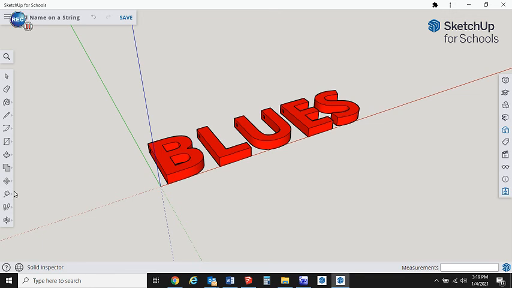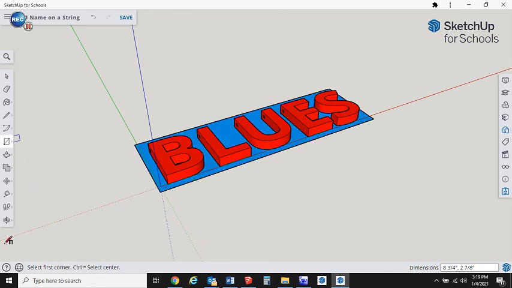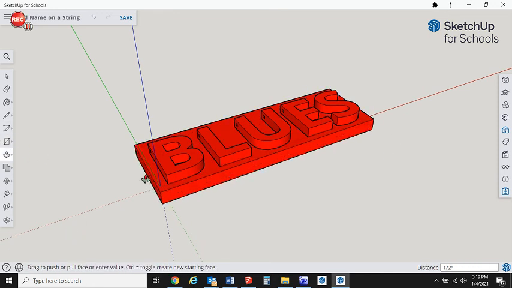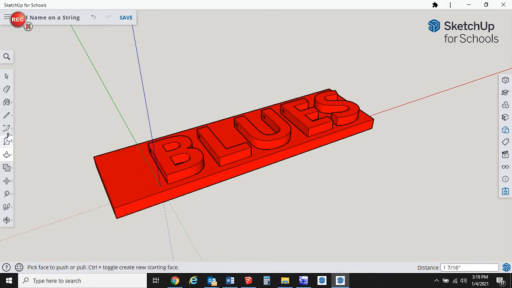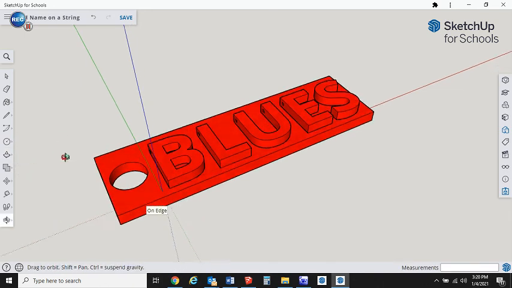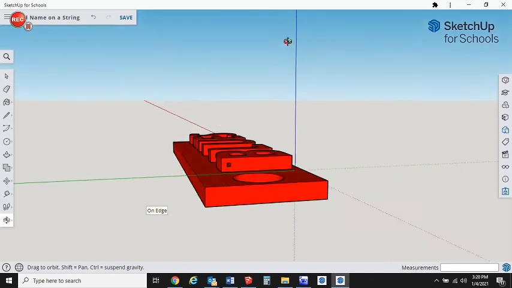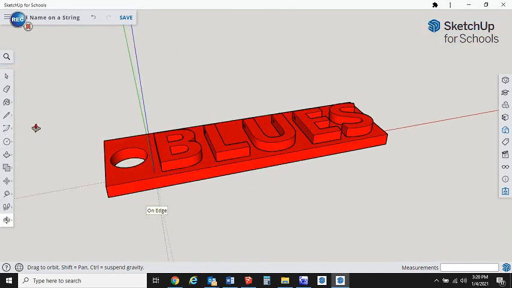Or you could do a 3D text and then join them together by adding a plate down below, so something like, no, this is just a quick throw together, but like that, and then pull it down a bit, and maybe pull that out even more, a little more, and you could add a circle or whatever it might be for a place for the key hook to hook onto. So we could do that as well. Of course, I would take more time in aligning everything, but